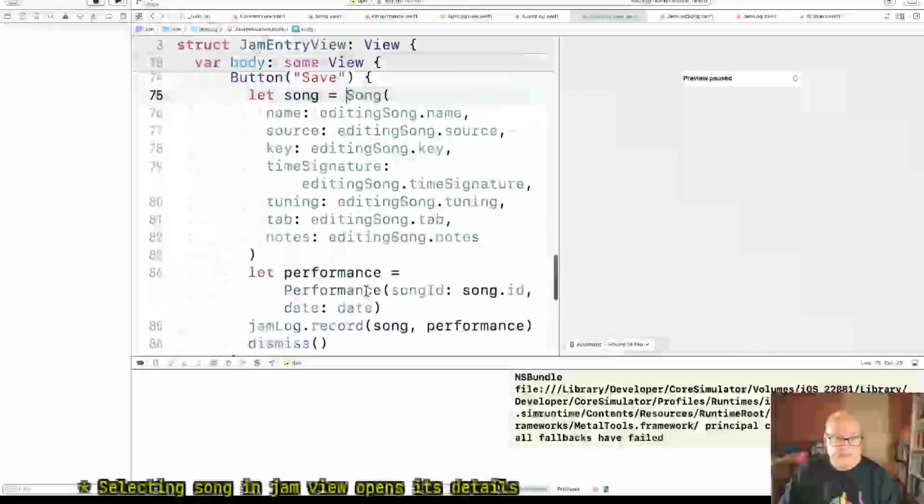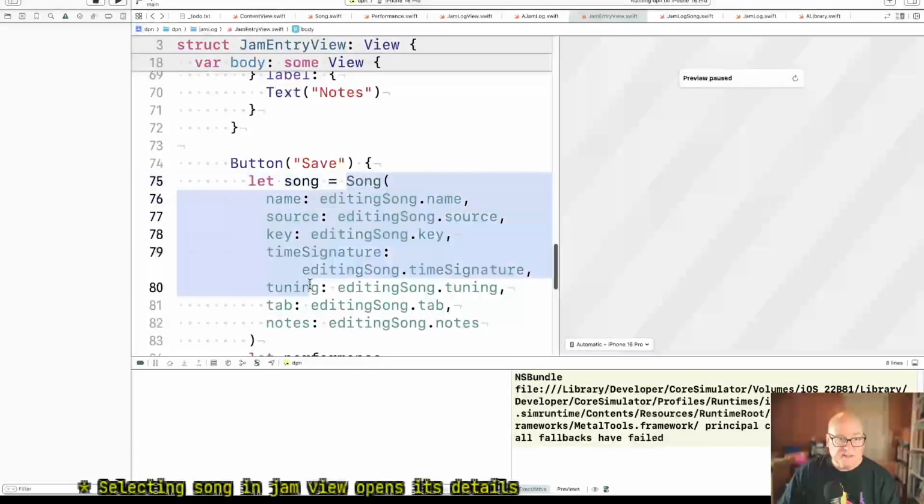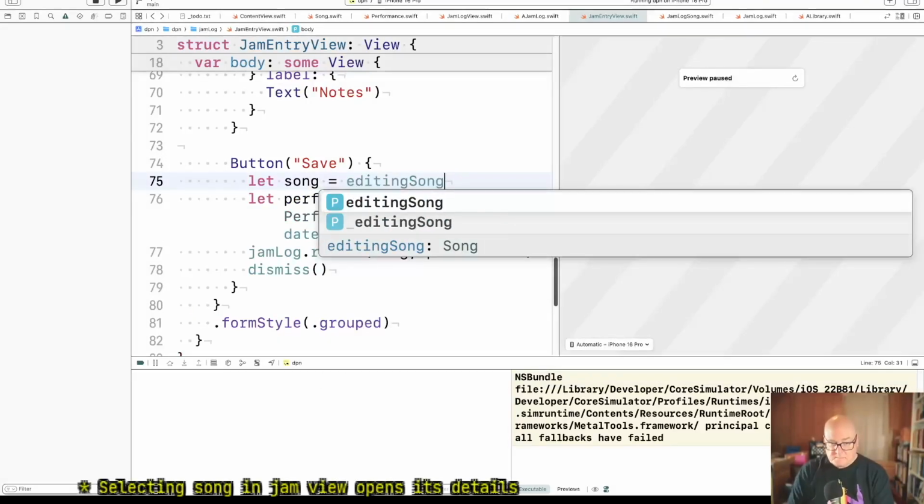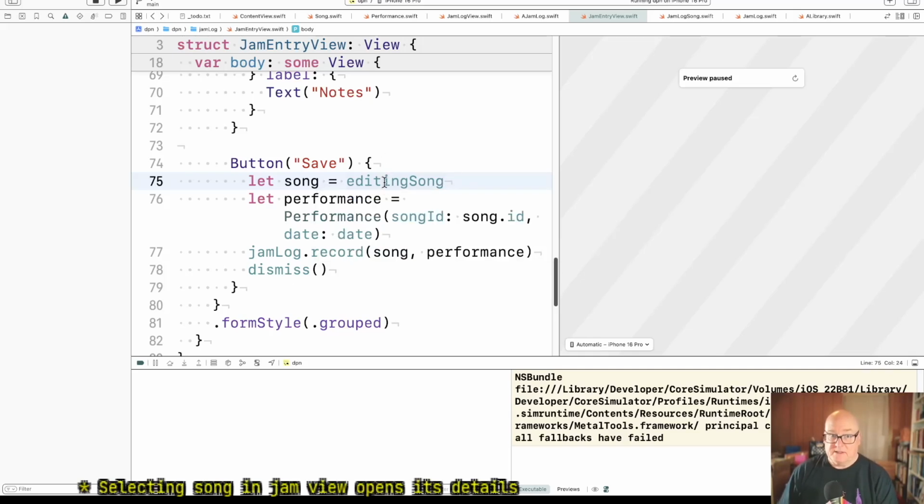So it's kind of arguing my way, but what I'm saying is the effect is really song equals editing song. As far as all the non-ID values are exactly copied. The ID value is left the same if it was an existing song, and it's a new one if it's a new song because it was just newly created. So I think that gives us this simplification, and